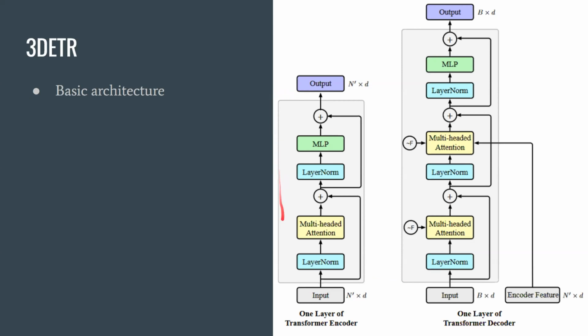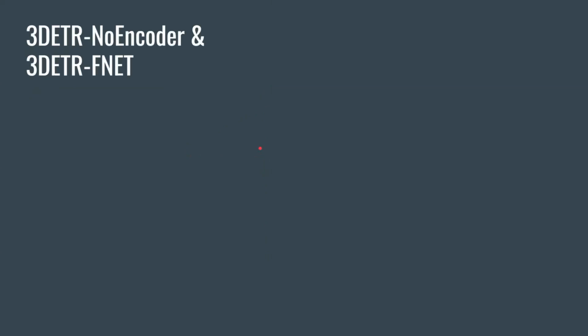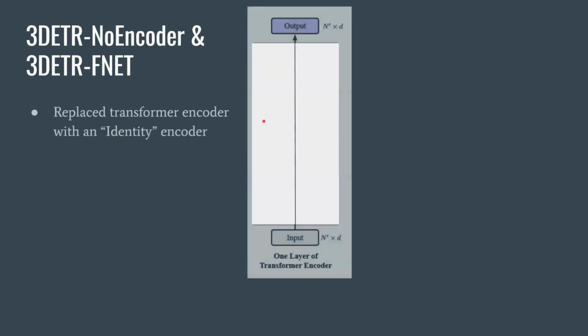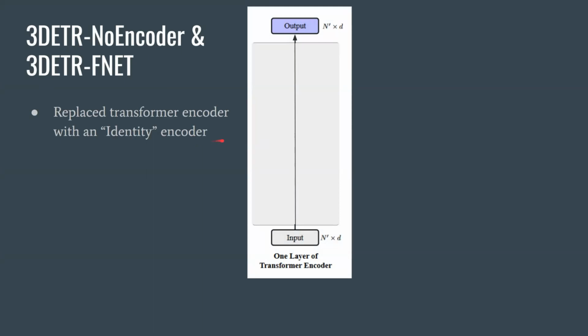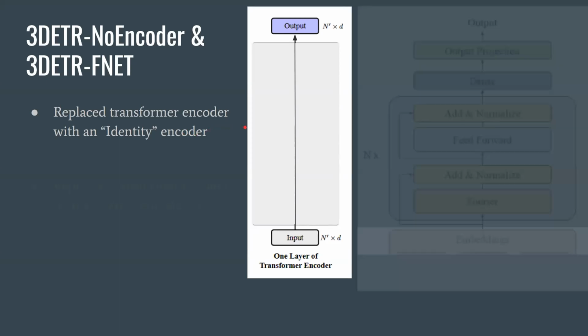The default configuration is 3 of these encoders stacked. And that is that baseline. Then we're also trying out 2 variations to try and increase speed while maintaining performance. So the first one is no encoder, which we just implemented by making something that would just pass the tokens along, and that was just for ease of implementation. And the point of this is to get a baseline. Ideally, something with an encoder would have the highest accuracy and something without an encoder would have the lowest accuracy. So that way we can see where FNet ranks between the 2.